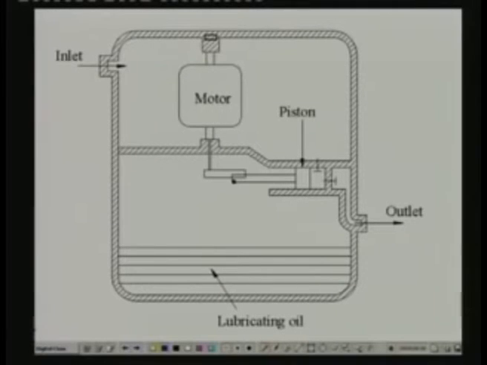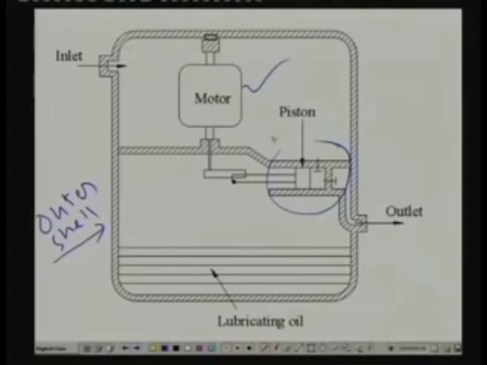Here, this shows a schematic of a hermetic compressor. You have an outer casing, an outer shell. Both the motor and the compressor are housed in the same housing. So, there is no possibility of refrigerant leakage, for example, from this point. If there is any refrigerant leakage from the compressor, the refrigerant stays inside the outer shell. So, you have the refrigerant contained within the shell. And the connections are typically welded or brazed. So, you have a permanent connection at the inlet and outlet, and there is no possibility of refrigerant leakage.